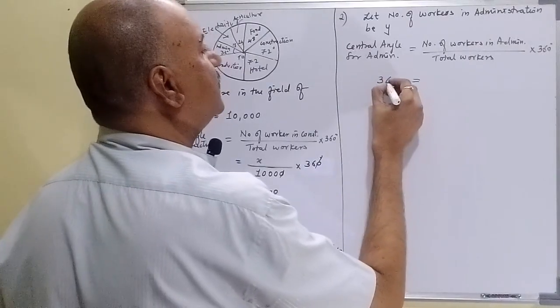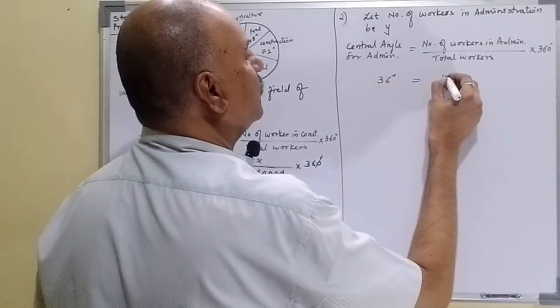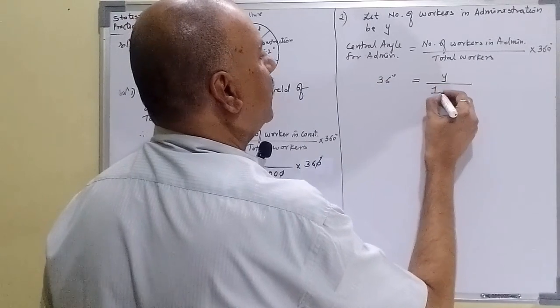This is 36 degrees equal to y upon 10,000